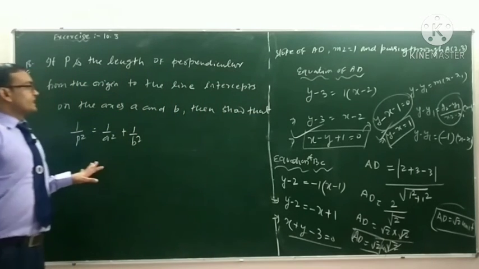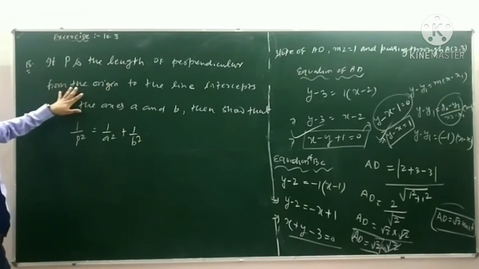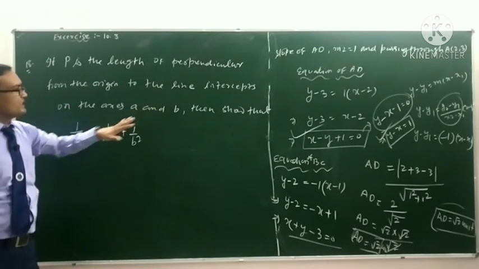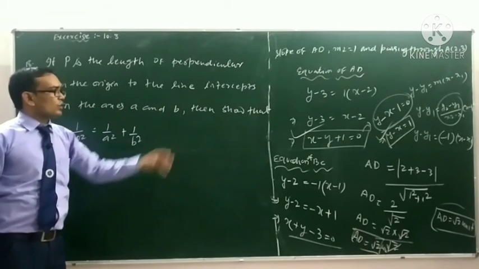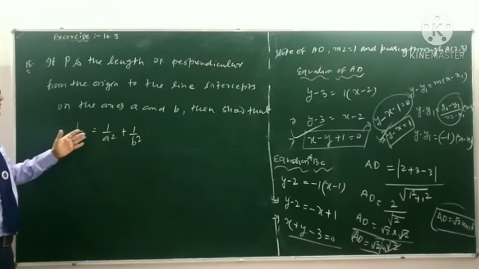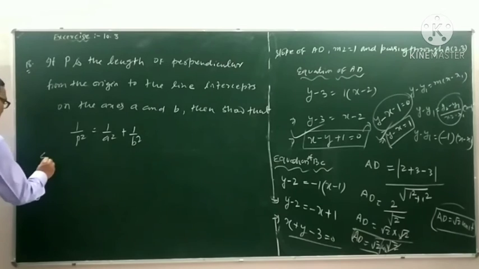In question number 18, if p is the length of the perpendicular from the origin to the line with intercepts on the axes a and b, then show that 1 upon p square equal to 1 upon a square plus 1 upon b square. We know that